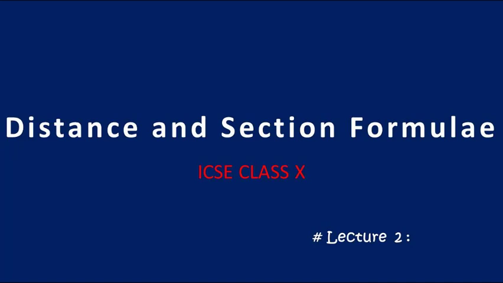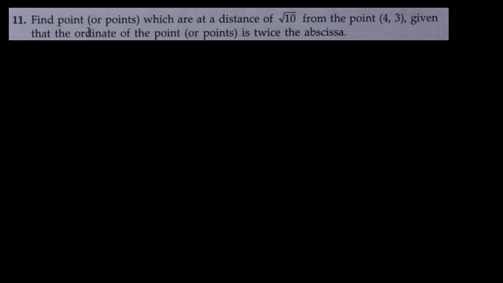Hello everyone. Now let us discuss question number 11. The question is: find the points which are at a distance of root 10 from the point (4, 3), given that the ordinate of the point is twice the abscissa. Okay, so we have to find the point which is at a distance of root 10 from the given point. So I will consider point A as (4, 3)